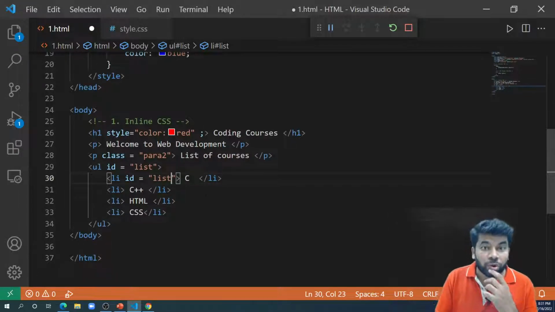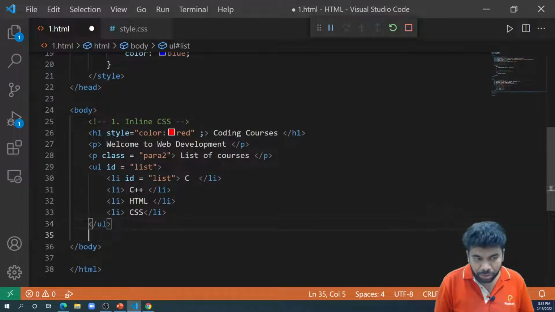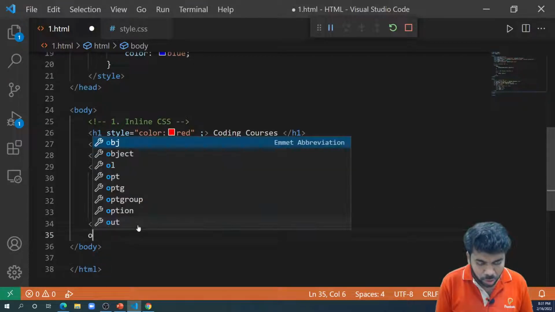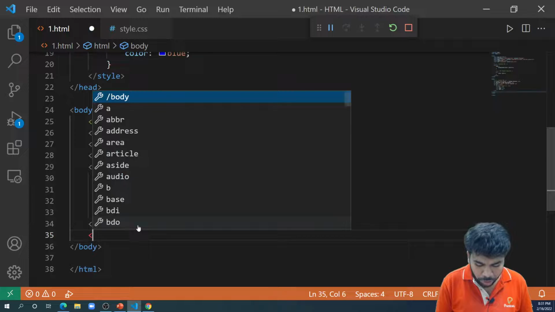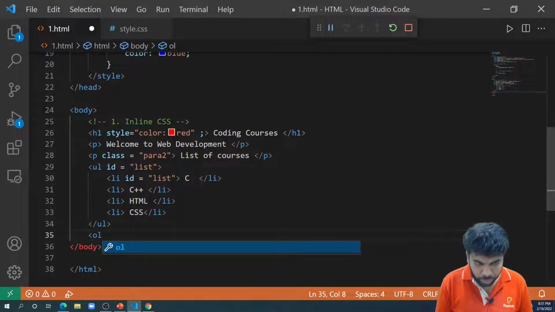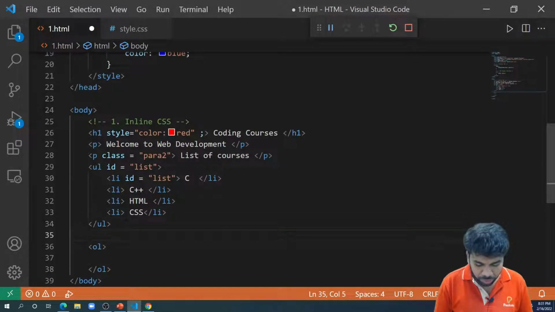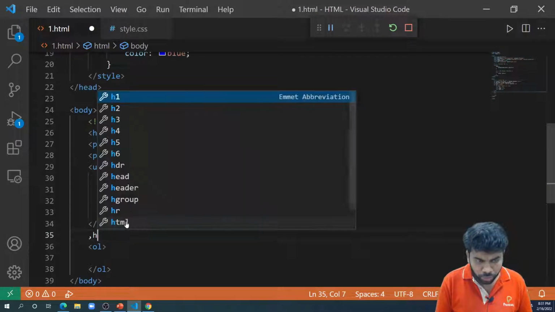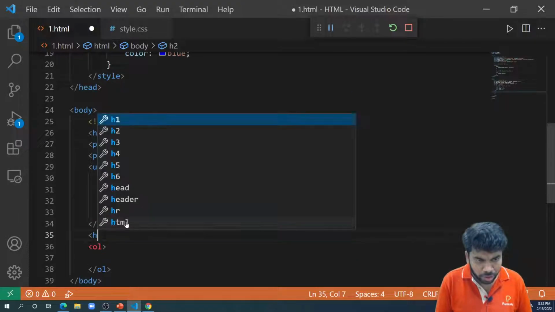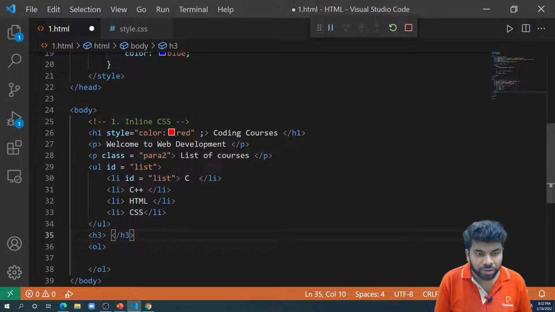Now there is also a fourth type of basic selector. Let us add another element to which I want to apply the style. Let us create one OL, an ordered list. But before that I want to mention something. Use an h2 or h3, let's write heading level 3. Inside this heading level 3 I want to write